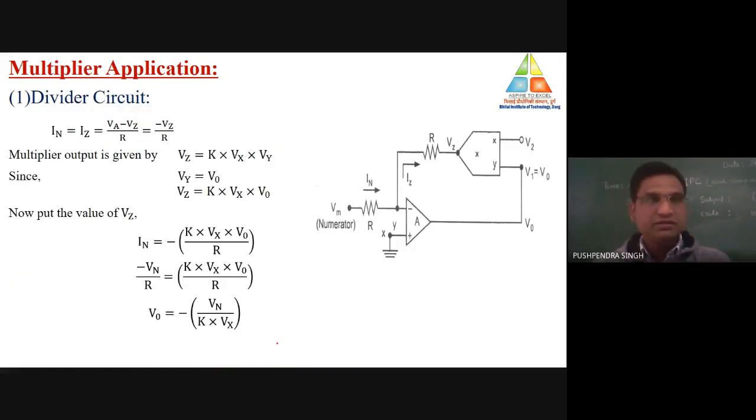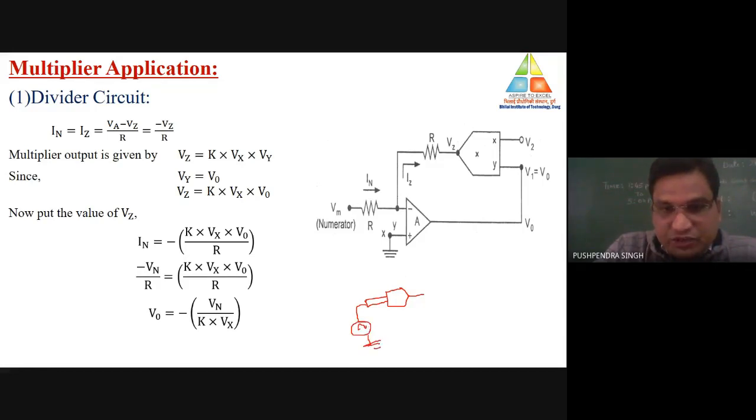Now moving towards the application of the multiplier circuit. The squaring circuit. So how to design the multiplier as a squaring circuit? This one is your x, y, and z, and here we are getting the output at the z terminal. So what is the value of Vz? Vz is equal to Vx into Vy. Now Vx and Vy both are connected to input terminal source. That means Vx is V in, Vy will also be V in.